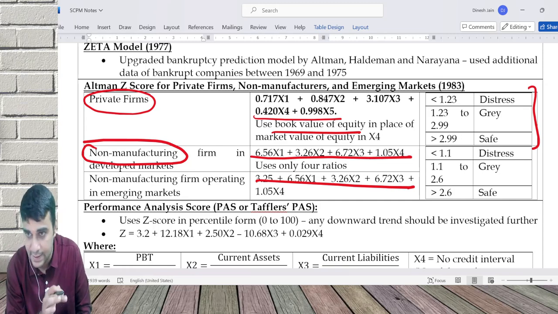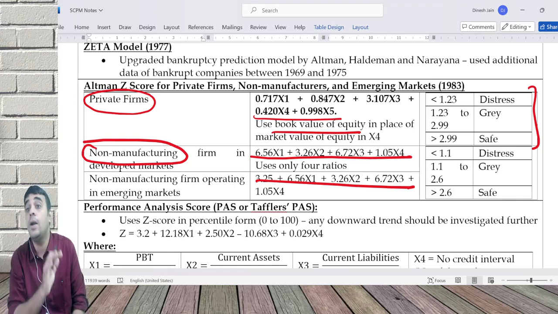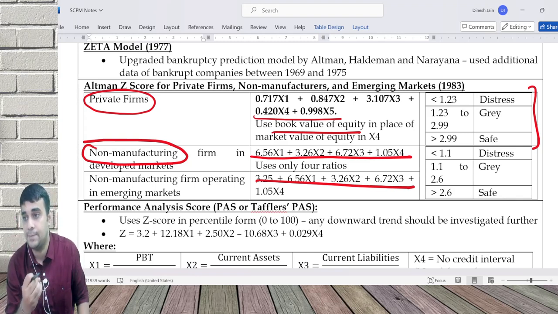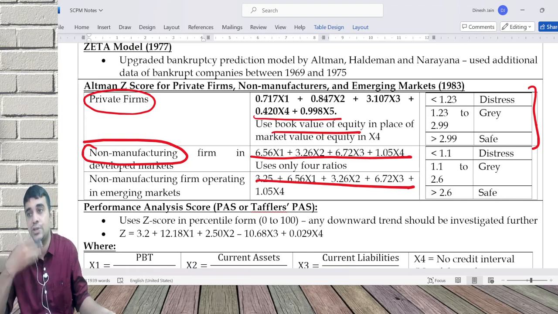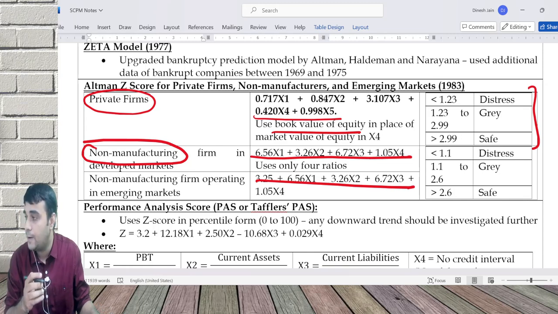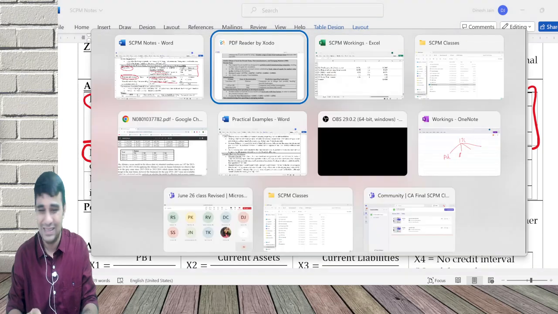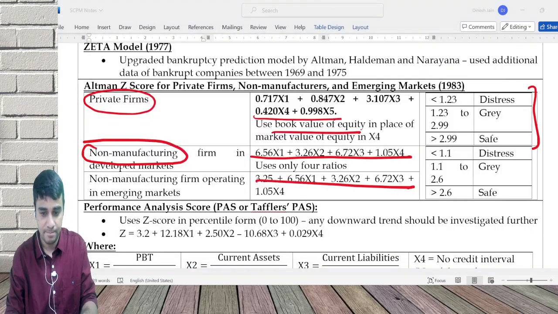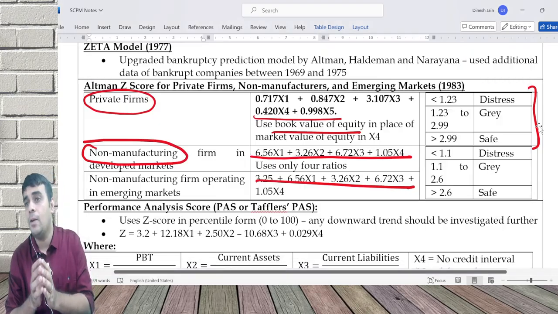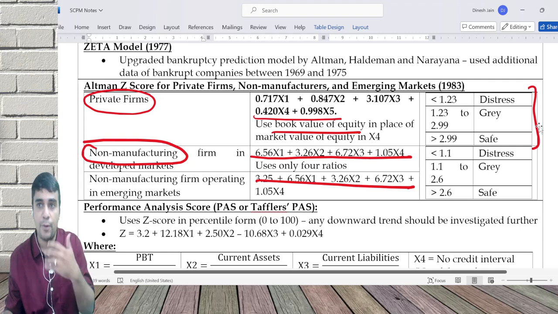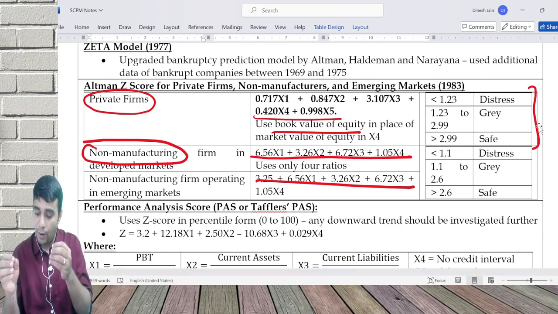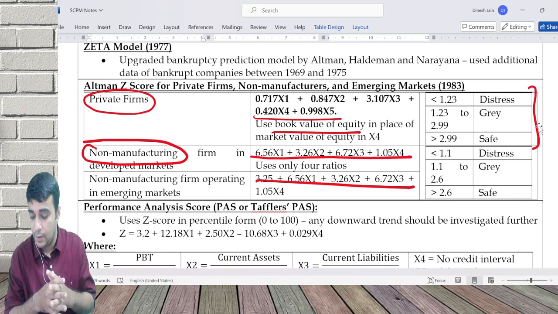They don't want to use sales in the formula, because a non-manufacturing company may not have huge sales. They are a service oriented company. Service oriented company, the sales figure will not be very high, because their turnover ratios are different. A service company, normally the revenues will not be very high, but profits can still be high. So for a non-manufacturing company,